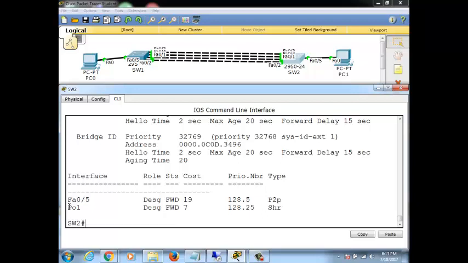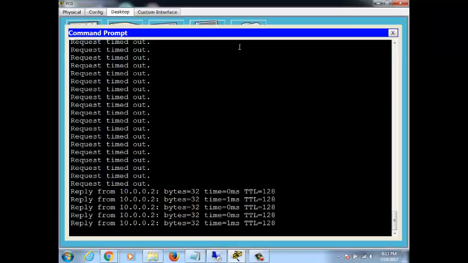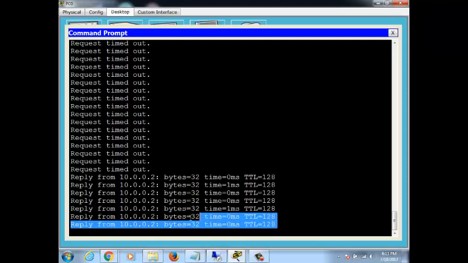Okay, it is in forwarding state. See, all are green now. None of the ports are blocking. Now, you see this ping that is happening on the PC? The ping is going successfully